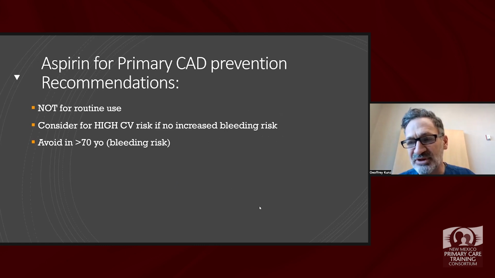They're a totally different population. We'll talk more about them in a few minutes. But for primary prevention, don't use aspirin unless someone is at high risk, so greater than 10% 10-year risk, it's suggested that you can, on an individual basis,